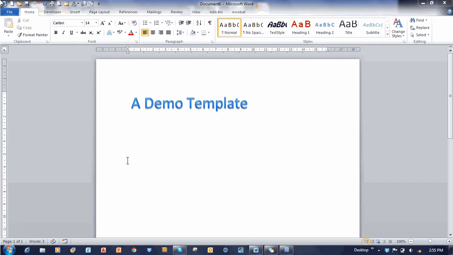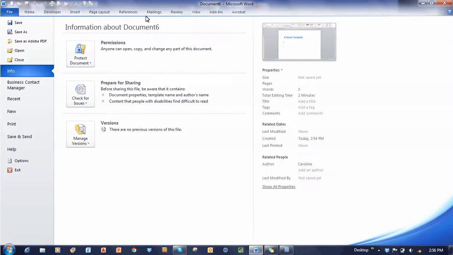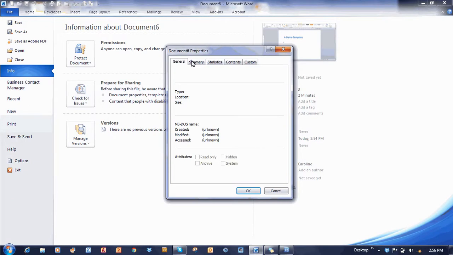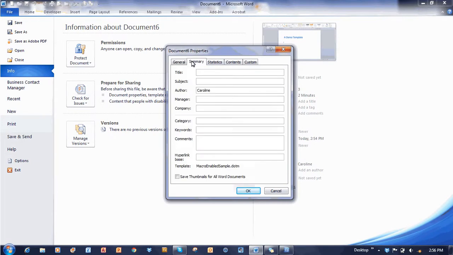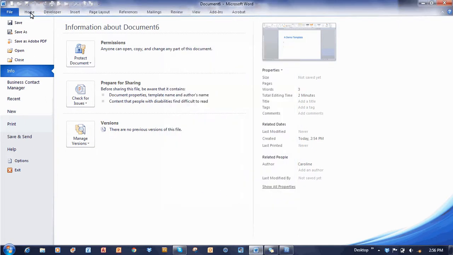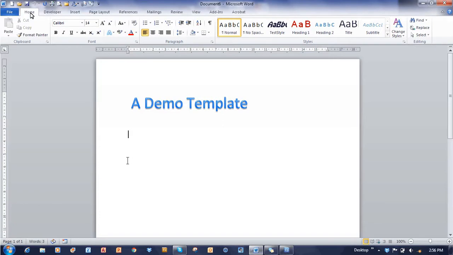What is important though is that the template that I'm basing this document on needs to be macro enabled. Otherwise you're going to go through all the steps of recording your macro, and then when you stop recording it, it'll jump up and say no, you can't, because it's not macro enabled. So I'll just show you that the template that I'm using here, I've called it macro enabled sample, and it's a .m. So I know that I can record macros in this particular document because behind it is